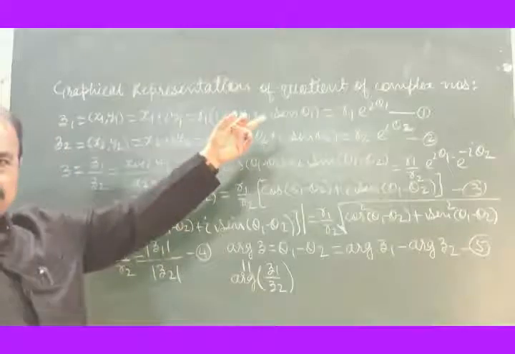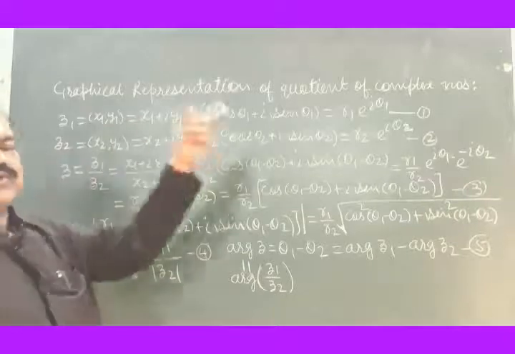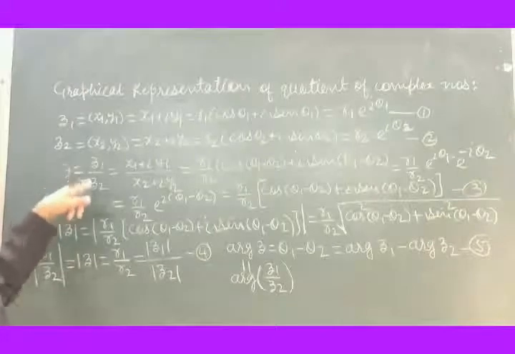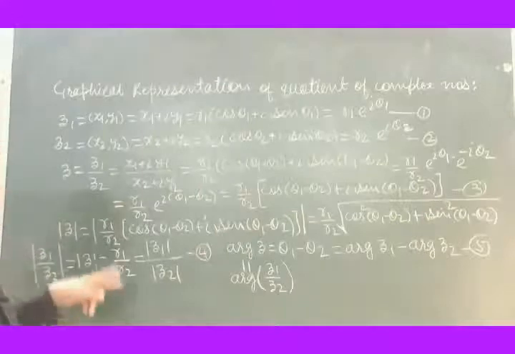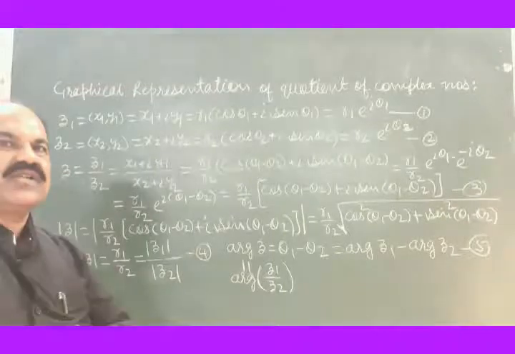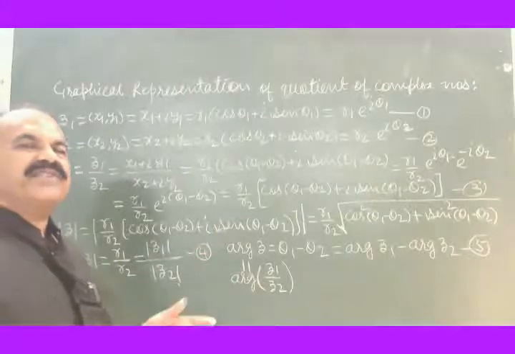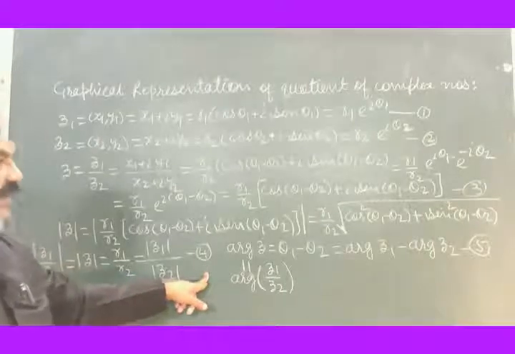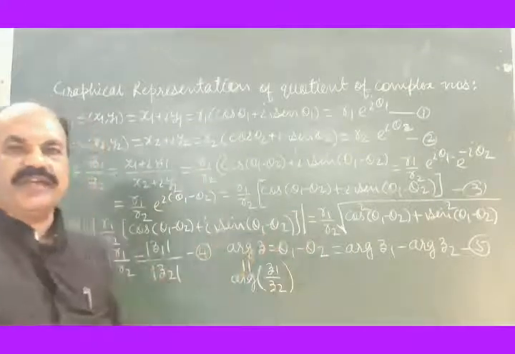We have first considered complex number Z1 in all forms, complex number Z2 also in all forms. Then we took their division. Z is equal to Z1 by Z2. Taking all forms again, we have done the division. The quotient obtained is represented by equation 3. The quotient is also a complex number, right? Now, as the quotient is a complex number, let us try to find its modulus. Its modulus is found using equation 4. It's shown in equation 4. Then its argument is shown in equation 5.